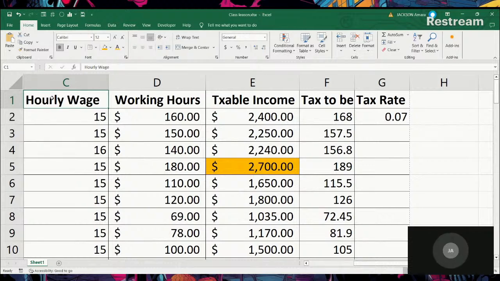So it means that the cell is active. But all of these cells that are on here, they are not active because we have not clicked into them. Whenever you click into the cell, automatically it becomes active. And I will show you